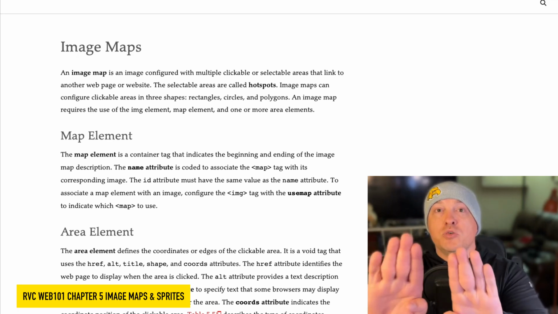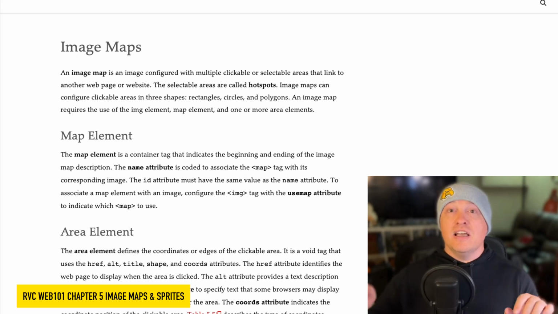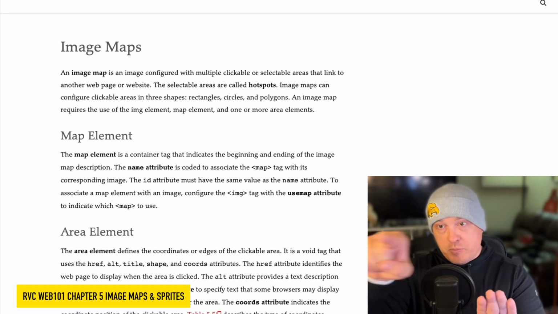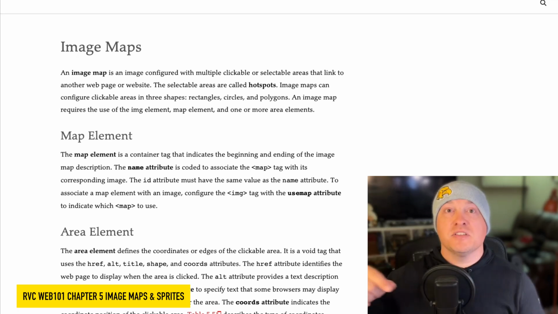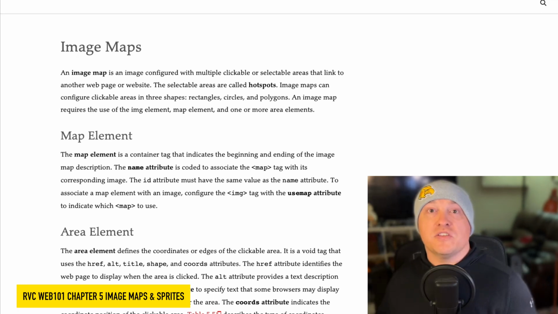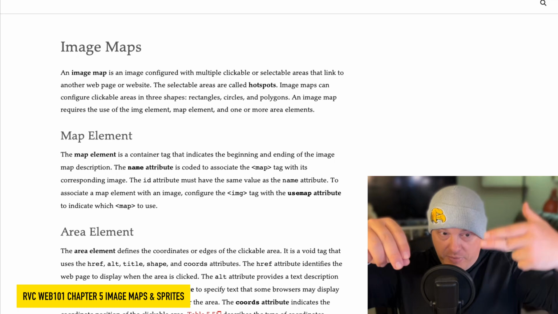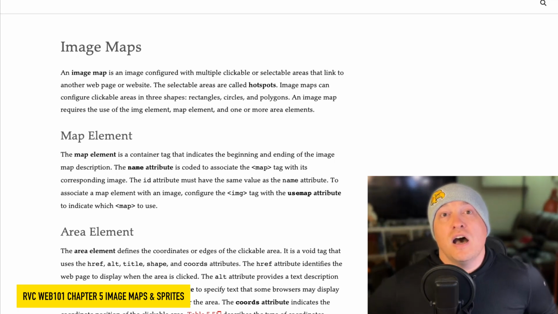So we have those two things, and what we could do is map out this one image and say that this side of the image, with this many pixels across by this many pixels down, was this hyperlink. The rest of the image, this many pixels wide by this many pixels down,